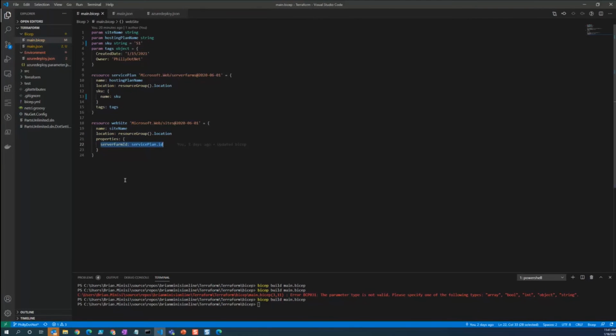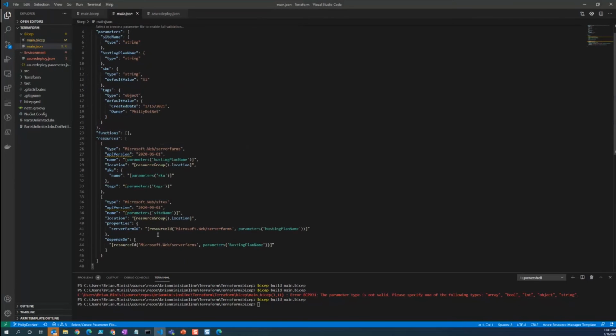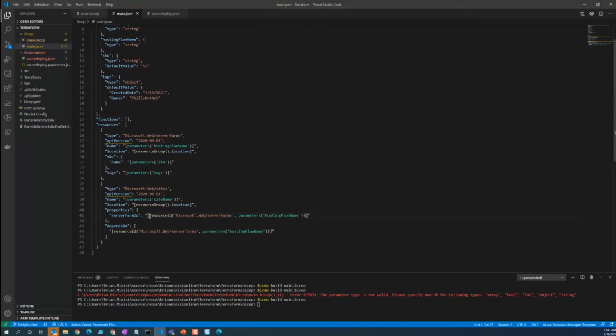Very little code. Of course, this could get much more complicated depending on the resources that you're creating, but you're using the same syntax for every single resource. Whereas in an ARM template, it could get pretty kludgy, especially if you have to pass values around and know how to do the resource IDs to get the values you need for subsequent resources that depend on a previous resource.